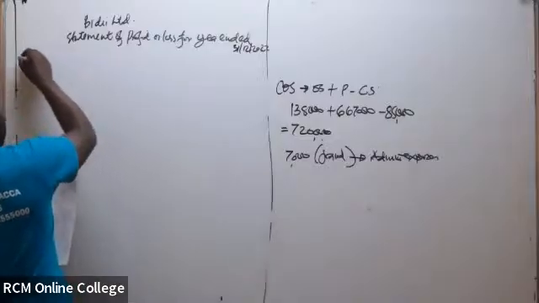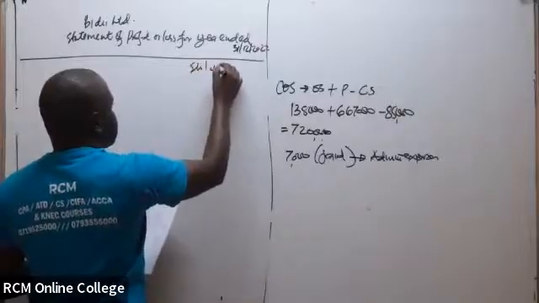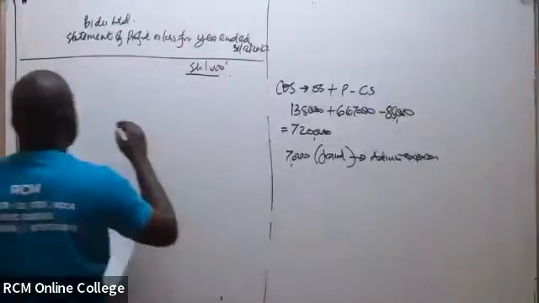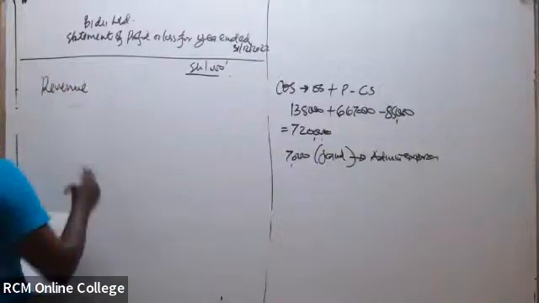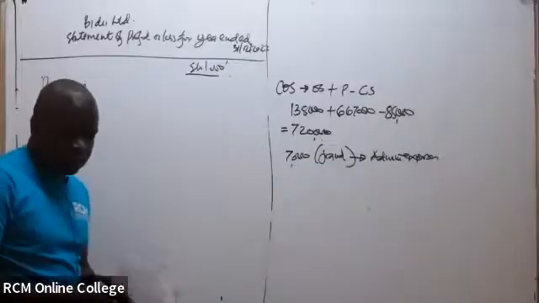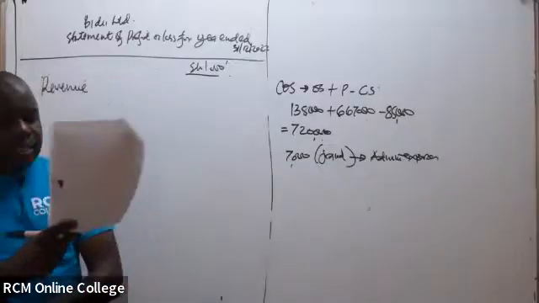You can present in shillings of thousands. And of course, we'll start with the revenue. What was actually received as revenue? Revenue in this case, you've been given